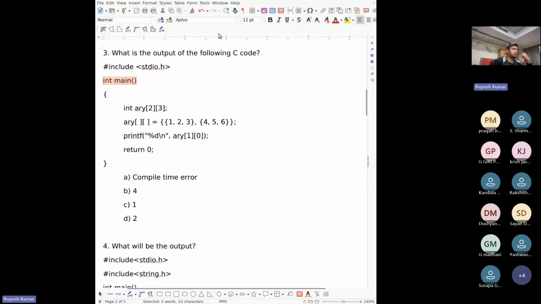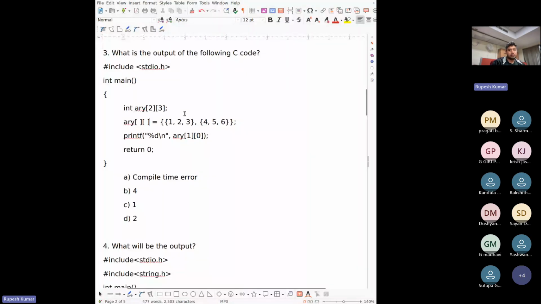Now you declare a two-dimensional array named ARY. It belongs to the data type int, and it has two rows and three columns. And then in the second line, you are saying ARY bracket equals this. So this is incorrect. It will give a compilation error, because whenever you want to create two-dimensional arrays, you have to declare the number of columns.